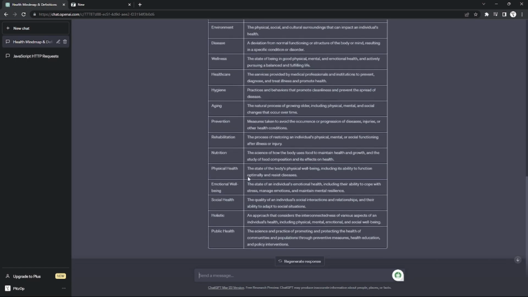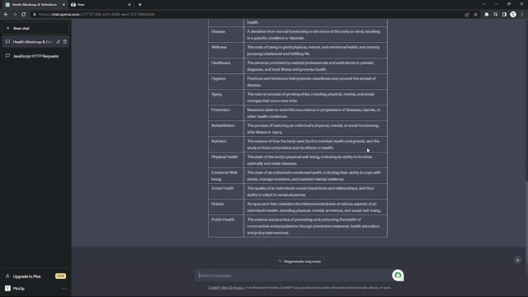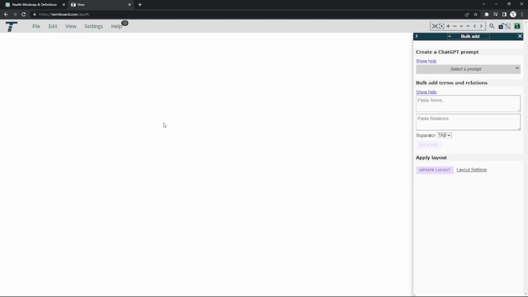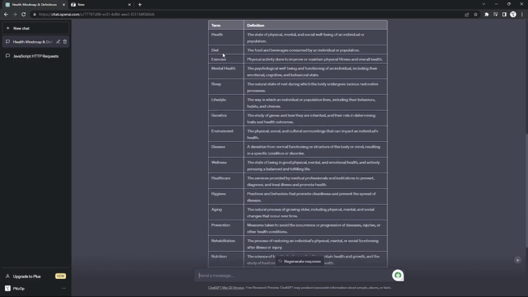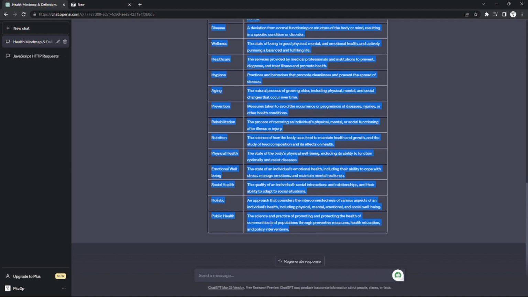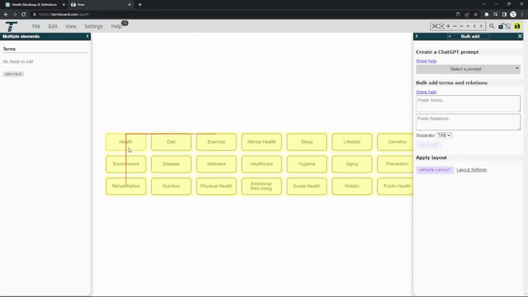So just search for a table on ChatGPT, and after that just go back to Termboard, click edit, and click this bulk add ChatGPT. And after that, just go back to ChatGPT again and copy your table with the term and definition, and copy paste it to this term field right here and bulk add. And after that,